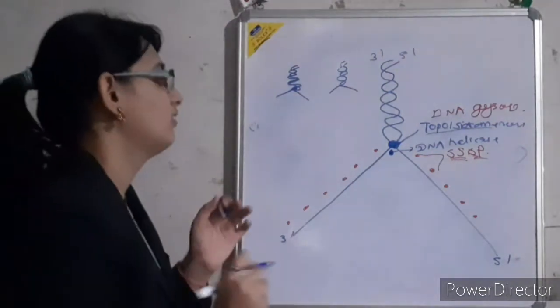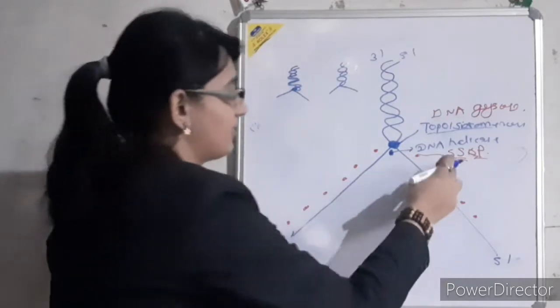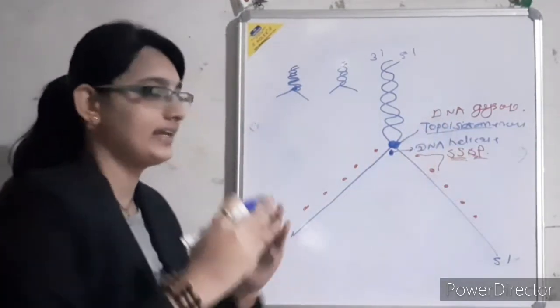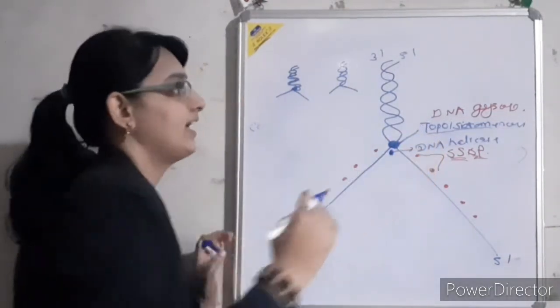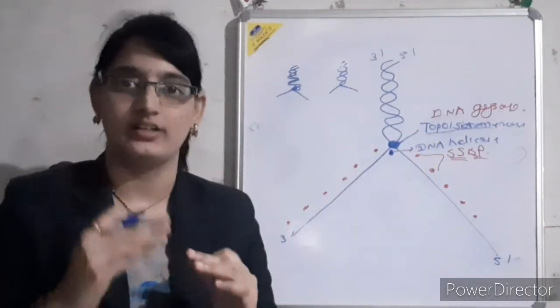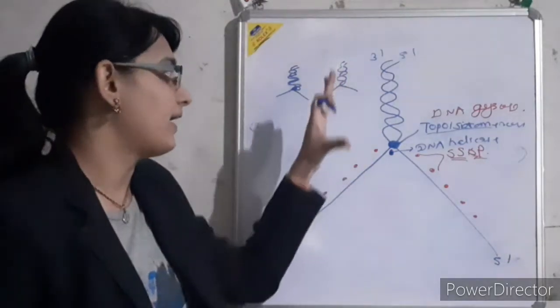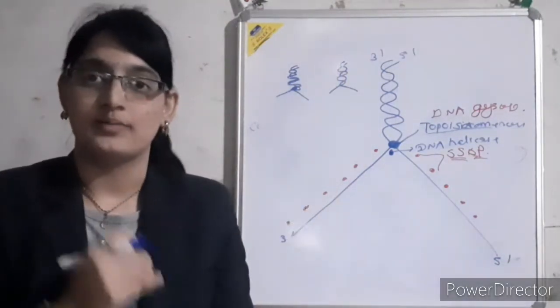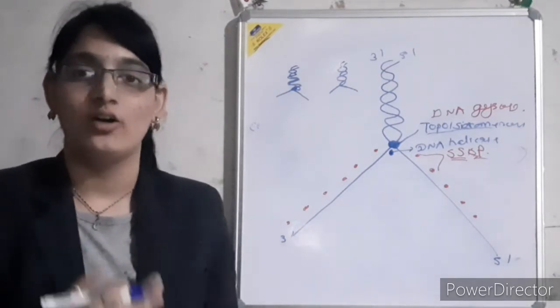After the activity of DNA helicase, there is the unwinding process. After the activity of SSB protein, there is complete separation of the strands, and after the topoisomerase, there is release of tension on the strand. So these enzymes make the DNA strand a perfectly matured parent DNA to complete its copying.